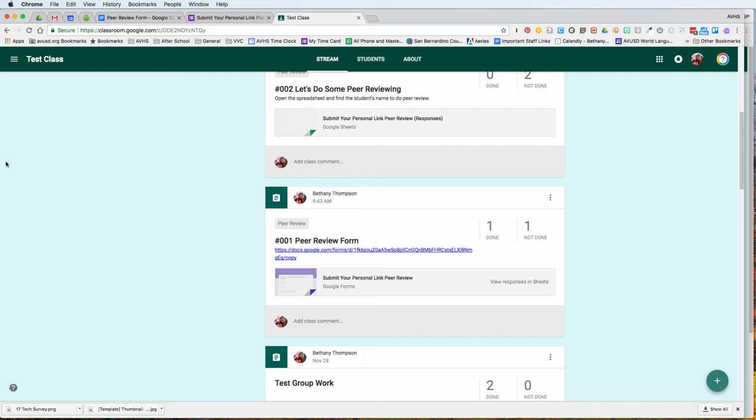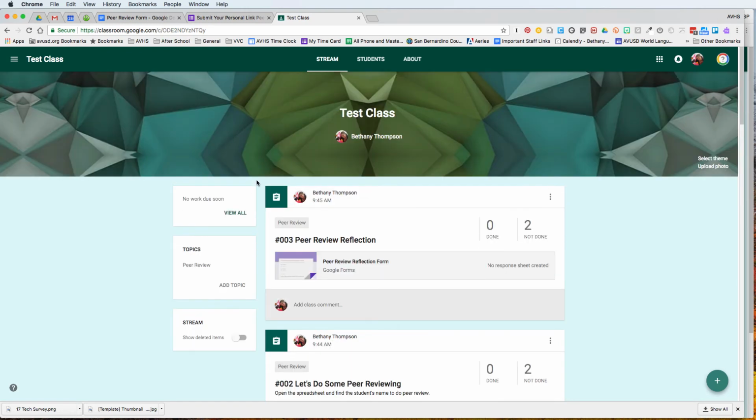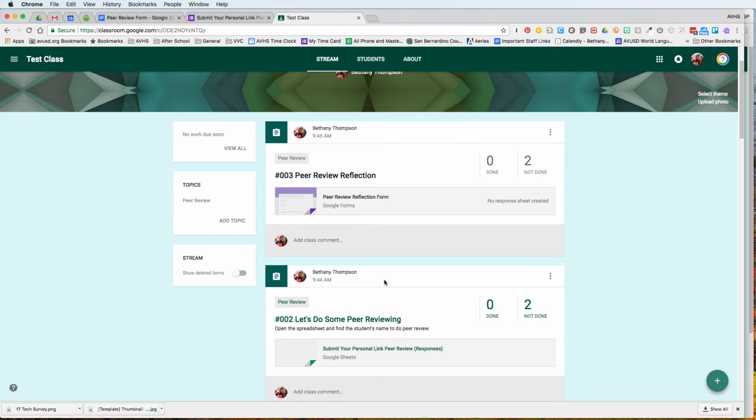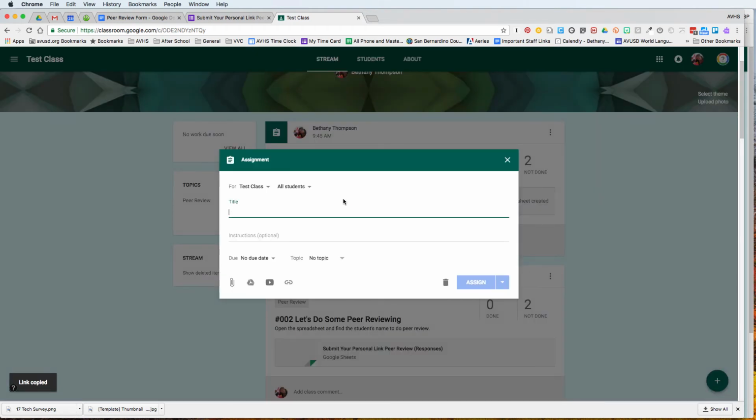Or as the teacher, so now I'm back in the teacher view here. As the teacher, I can get the link for this. So let's say right now I have assignments 1, 2, and 3, but let's say I'm on assignment number 45 and I want students to do some peer reviewing. If I click on these three dots, I can copy the link, go over here to create assignment, and I would probably say assignment number 45 and